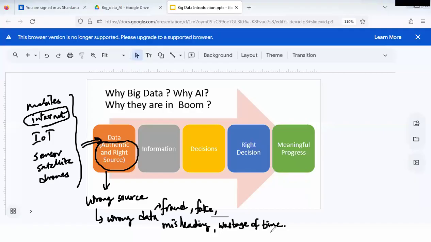Or there are some people who say that aliens will come and take over the earth in the next 1 month or maybe 1 year or something. So yes, there is such wrong data or wrong sources. So what we have to do is really think about